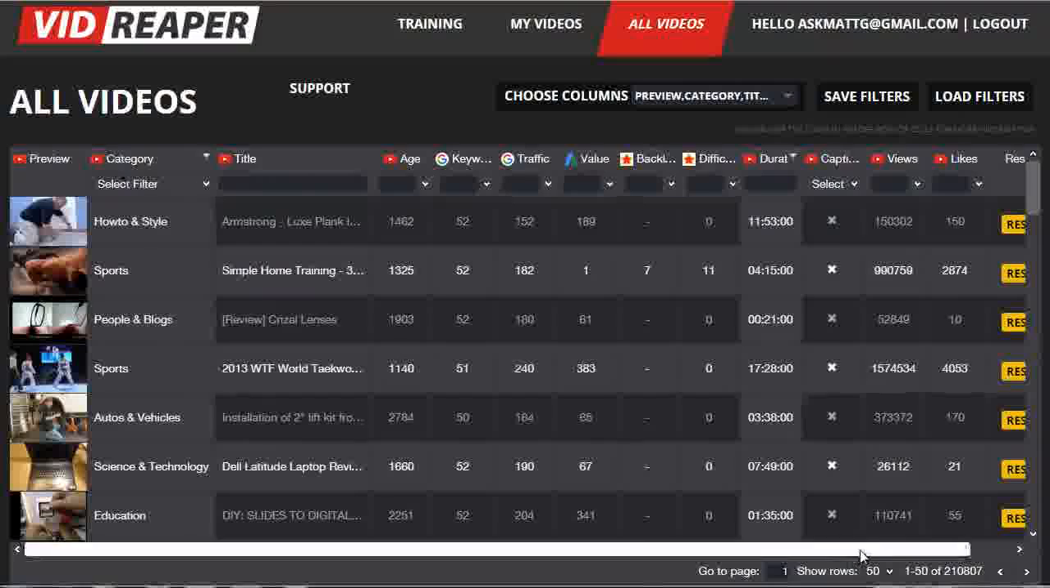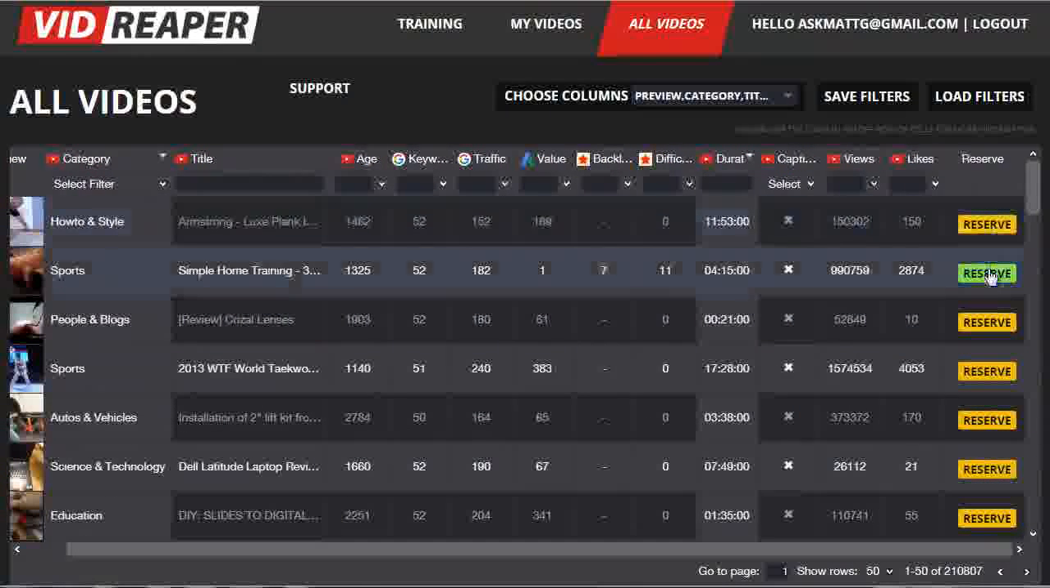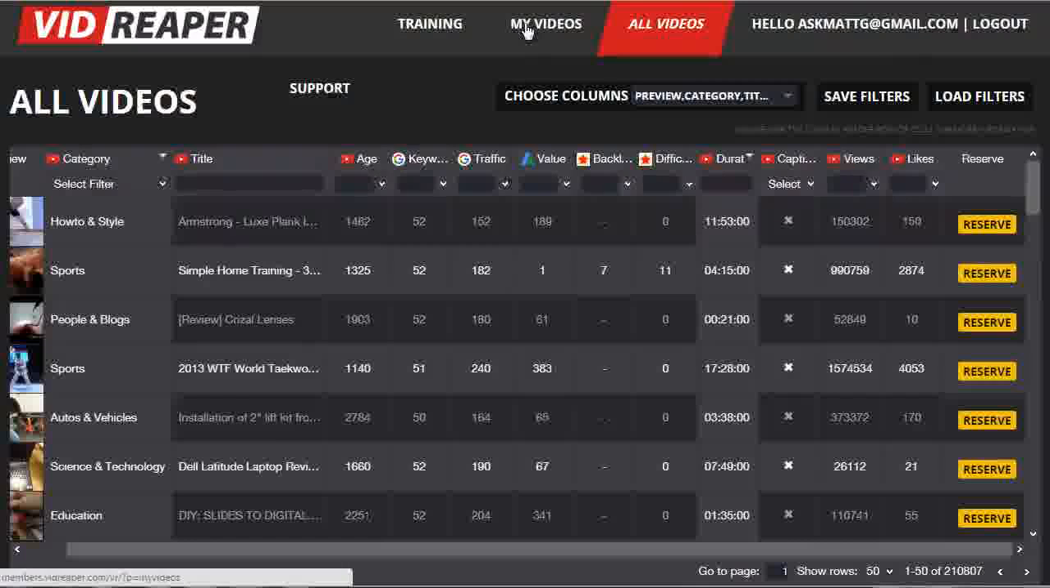Now, a few moments ago, I mentioned this big yellow button on the right called Reserve. This is specifically for premium members, members who've upgraded to the premium membership, as is the My Videos page. Basically, what this allows premium members to do is, when they find a video that they really like, they can cut down their potential competition for ranking for that video by reserving it and hiding the title details from